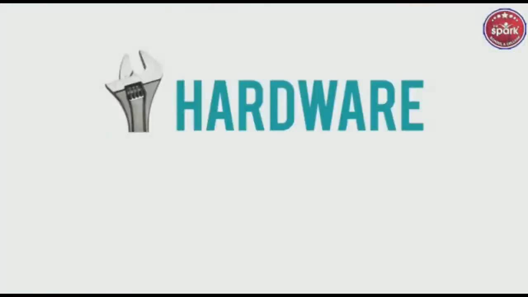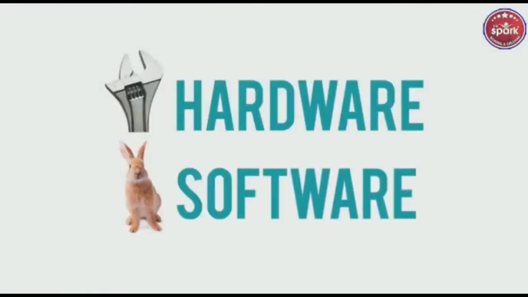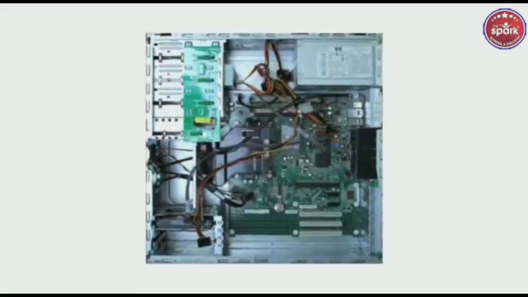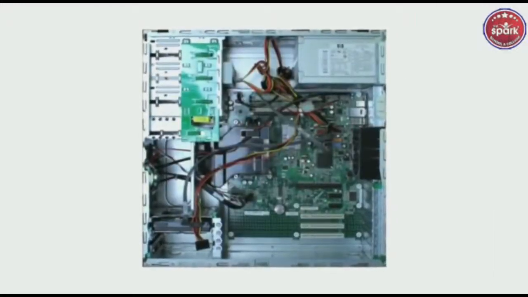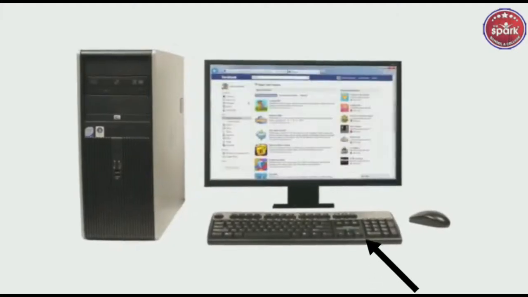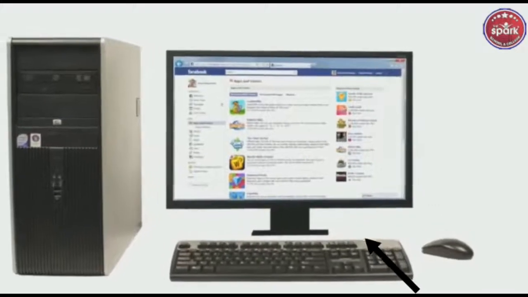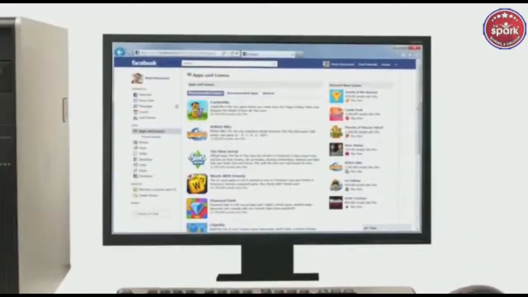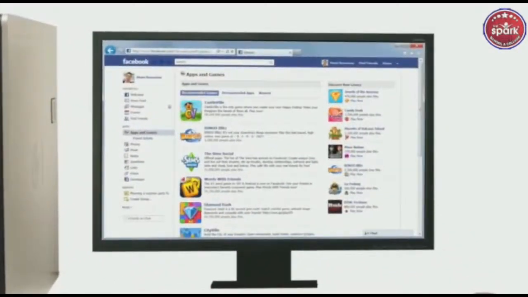We have two basic terms, which are hardware and software. Hardware, we can also say, is a machine, like the CPU you can see on the screen. We have a CPU, keyboard, and monitor. If we see here,